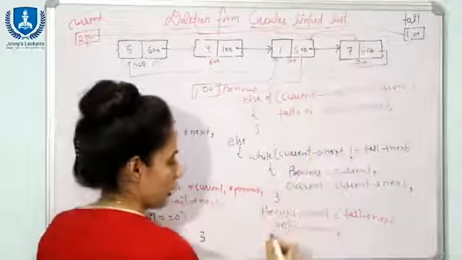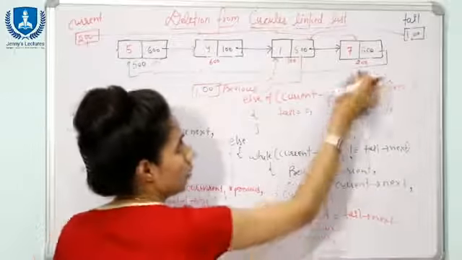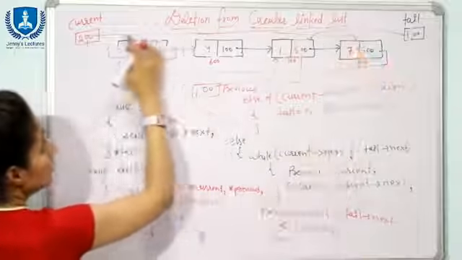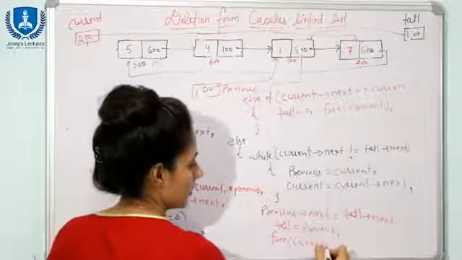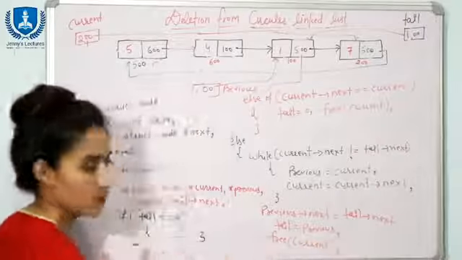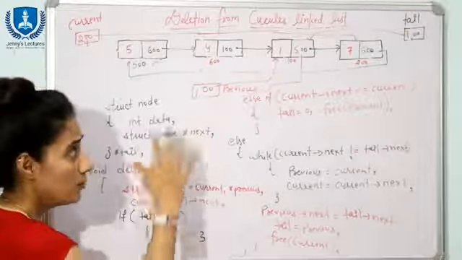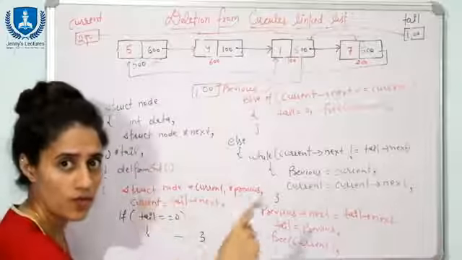Now you can free this memory. So here you can write free. The pointer to this node is, see, you can see this pointer, current. Current is containing this address. So here you can write free current. Fine. So this is how you can delete data from the end position.